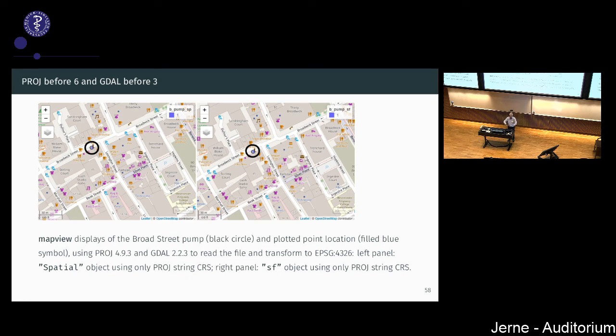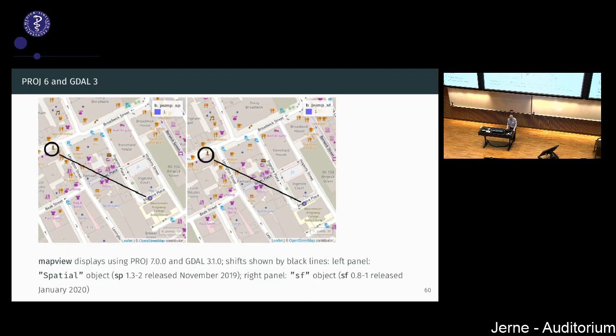In order to present something on a web map, you need to take it from its original coordinate reference system and transform it to World Geodetic System 1984, and it's then transformed again, which is a simple operation done internally by Leaflet, to Web Mercator. So in order to get the dot into the right place, it has to go through at least one important transformation step. And if the metadata attached to the point to say what its coordinate reference system is not understood correctly, it will end up somewhere else.